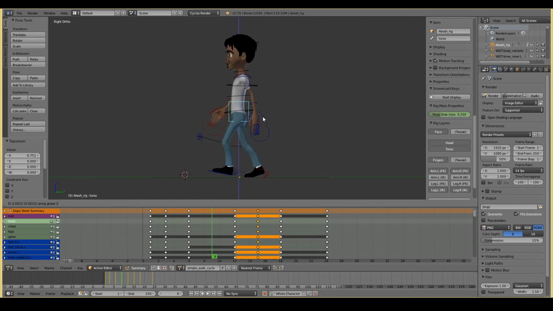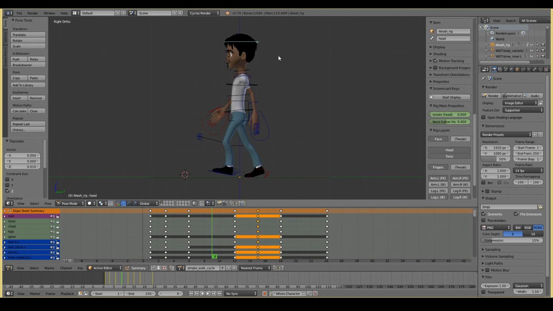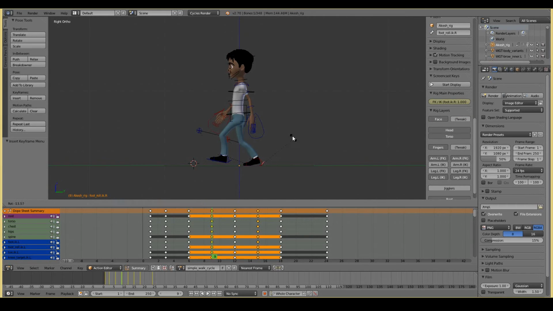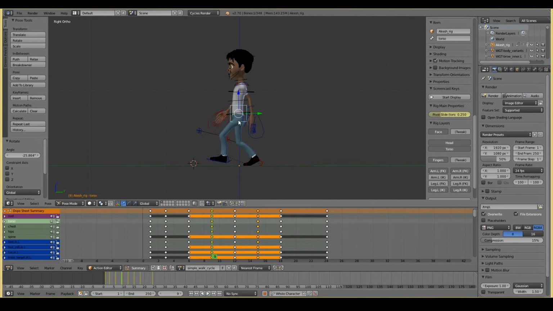Just make sure it's subtle. And yep, that's cool. You can probably start to pose this up like that. Sorry, I haven't done walk cycles in a while now. Okay, that's probably better.